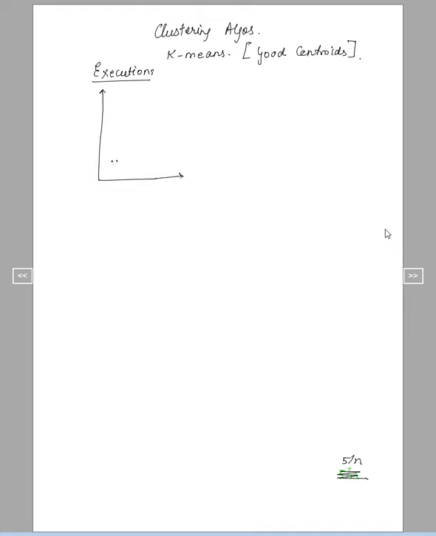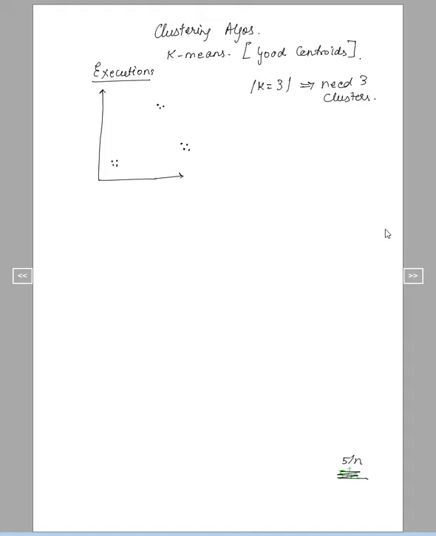So I'm drawing a few points. So we have three very good clusters. Now assume that we know that k is equal to 3 and we need 3 clusters. For a machine, this will be just points in space. From a human point of view, we know that these three are very close to each other and we need to have such 3 clusters. But how does a machine think?